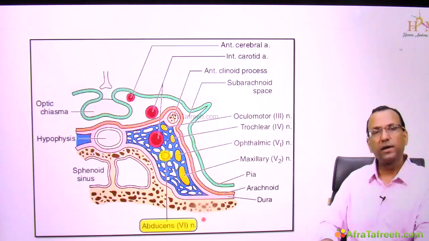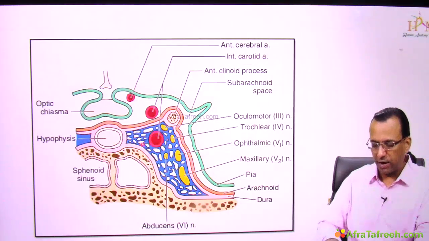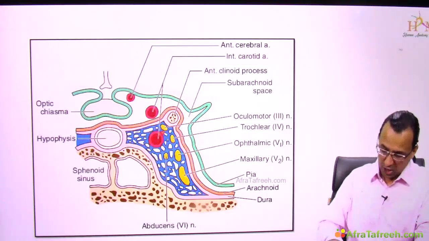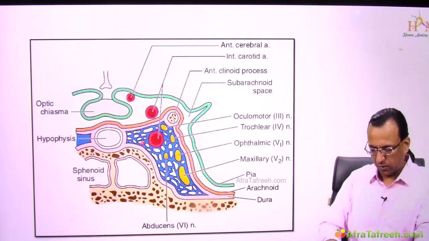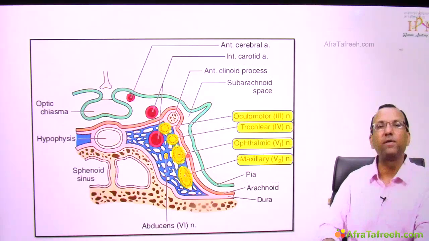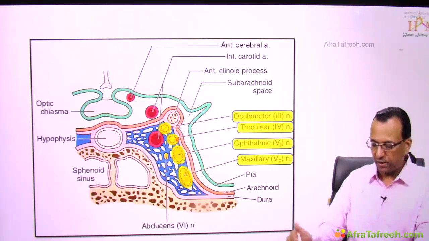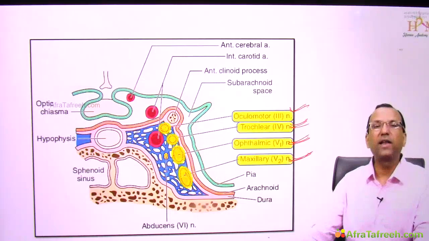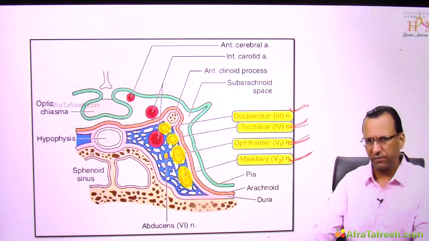Now when you say this is the abducens nerve, fine. Where are the other nerves? Actually, this internal carotid artery is also a direct content of cavernous sinus. What about these nerves? Number 3, 4, 5, 1, 2. Number 3 is oculomotor, 4 trochlear, 5, 1 ophthalmic, 5, 2 maxillary nerve. They are in the lateral wall of cavernous sinus. Then where is the mandibular nerve? Mandibular nerve is not a content of cavernous sinus.